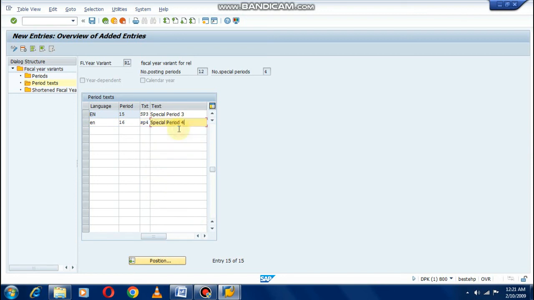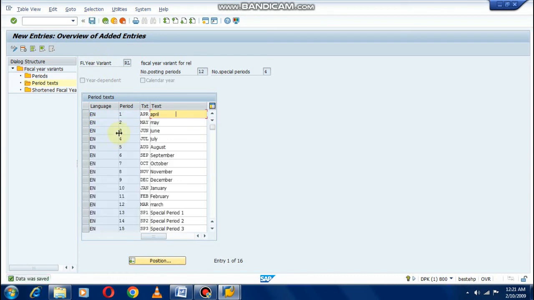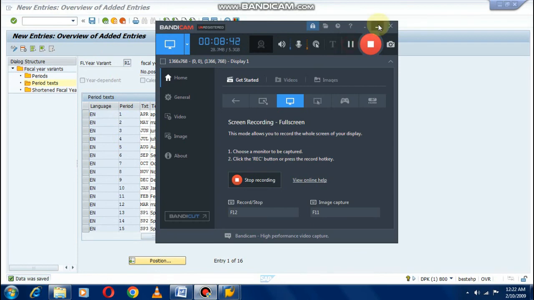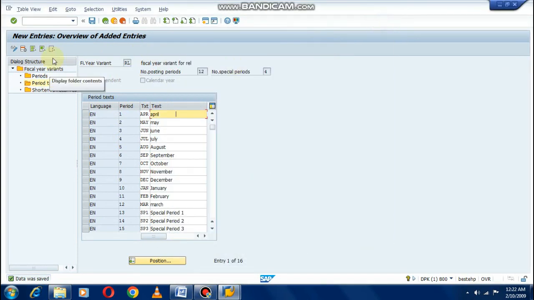So we can define a maximum of 16 posting periods in SAP. Just click on save. Sorry for sound disturbance. So we have defined our fiscal year variant and we have assigned values to it.